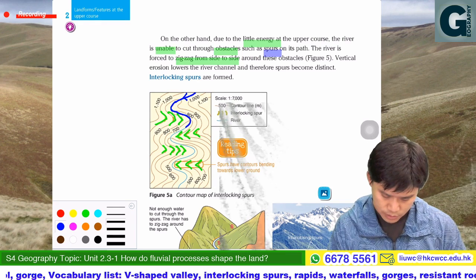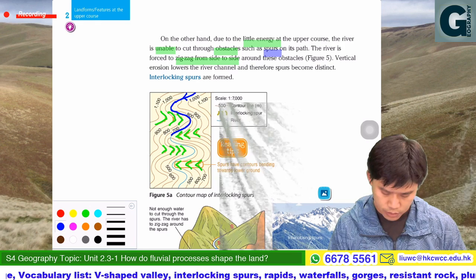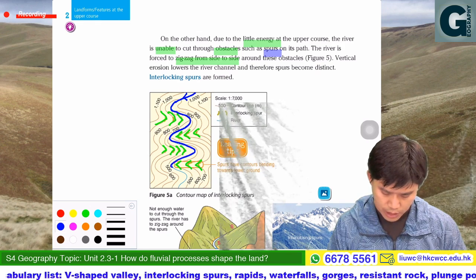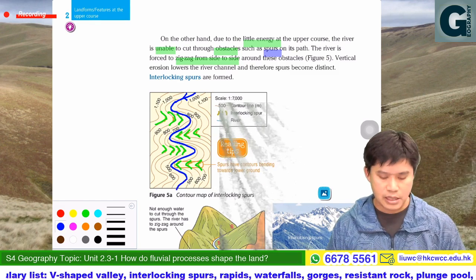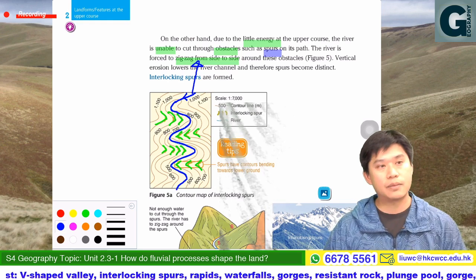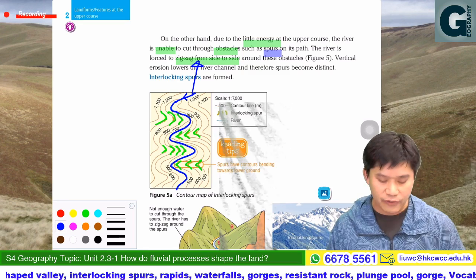And then when it meets another spur, it flows in another direction and forms this. This is what we call the zigzag form. So therefore, after that,